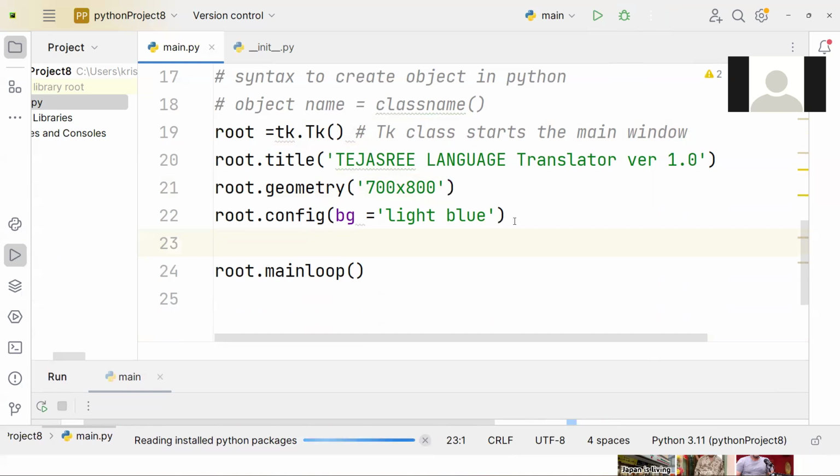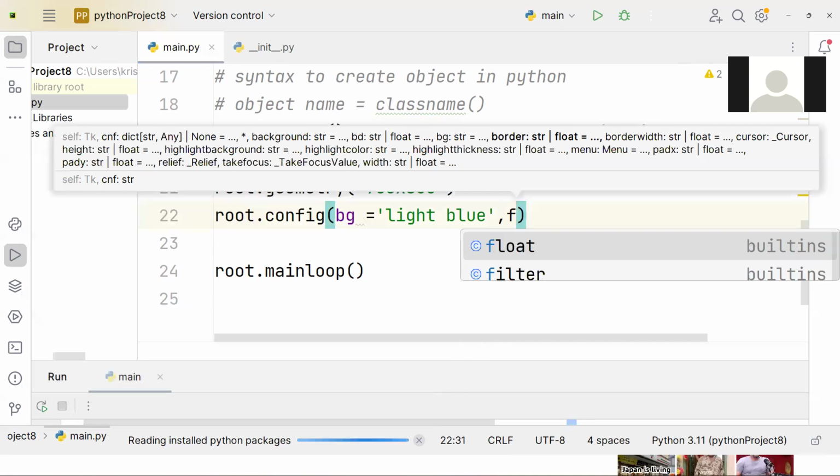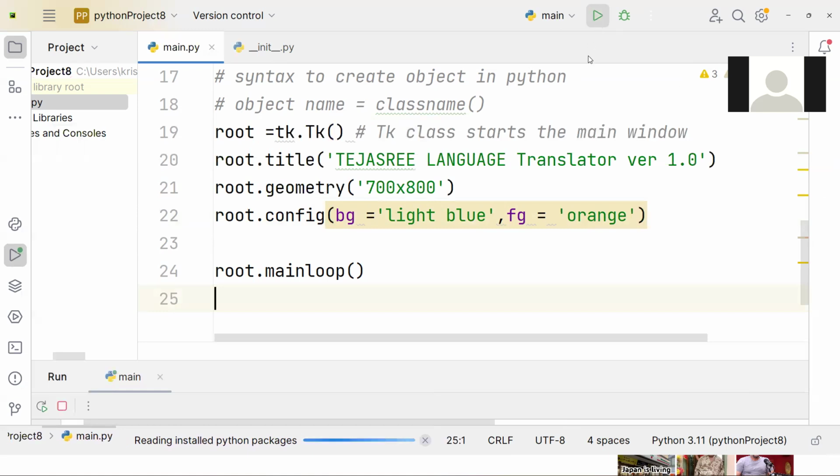Next, what is the color? What color do you want to provide for your total application window? Foreground, whether any foreground we can provide for this. Let us see what FG means, foreground. Huh? So there is no